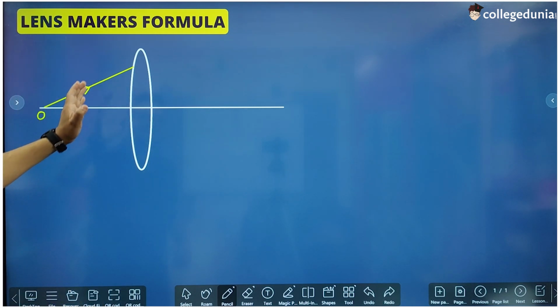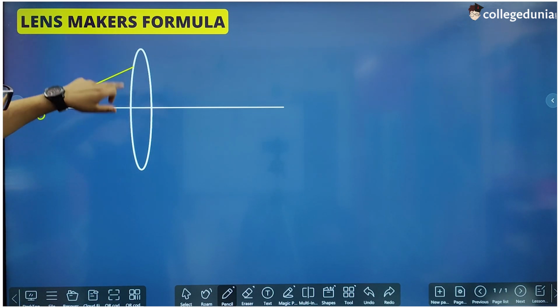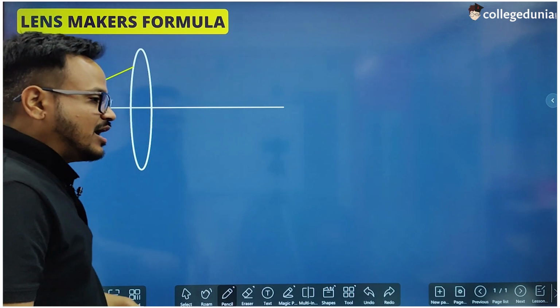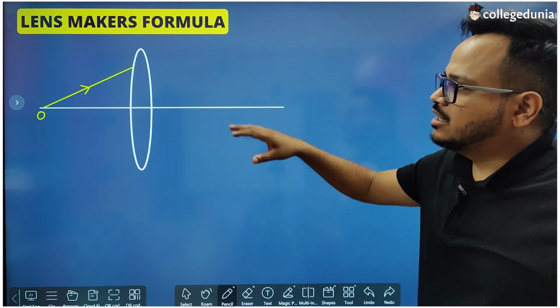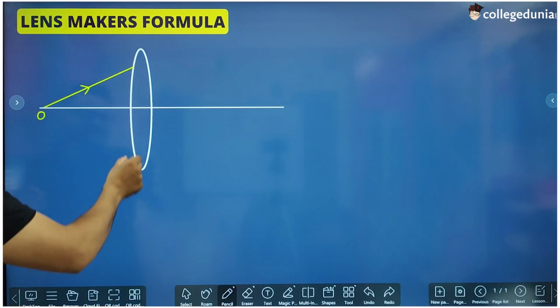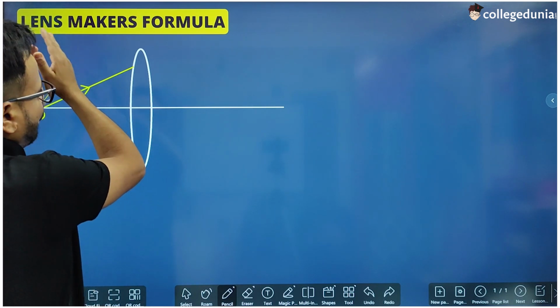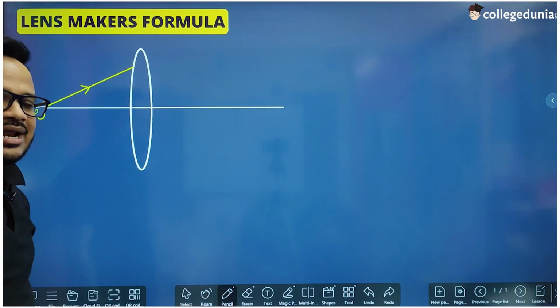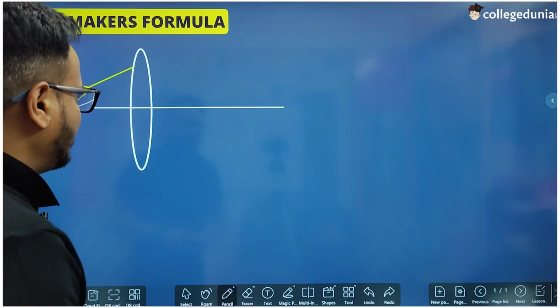Now when this light ray falls on this surface, which is the surface of glass, right? Because lens is made up of glass, and let the surrounding medium be air. In most common cases the surrounding medium is always air. So let us take this surrounding medium of the lens as air. So this lens is made up of glass, and glass is optically denser than air. So in this case light is going from rarer to denser medium. So what happens when light goes from rarer to denser medium? It bends towards the normal, right?